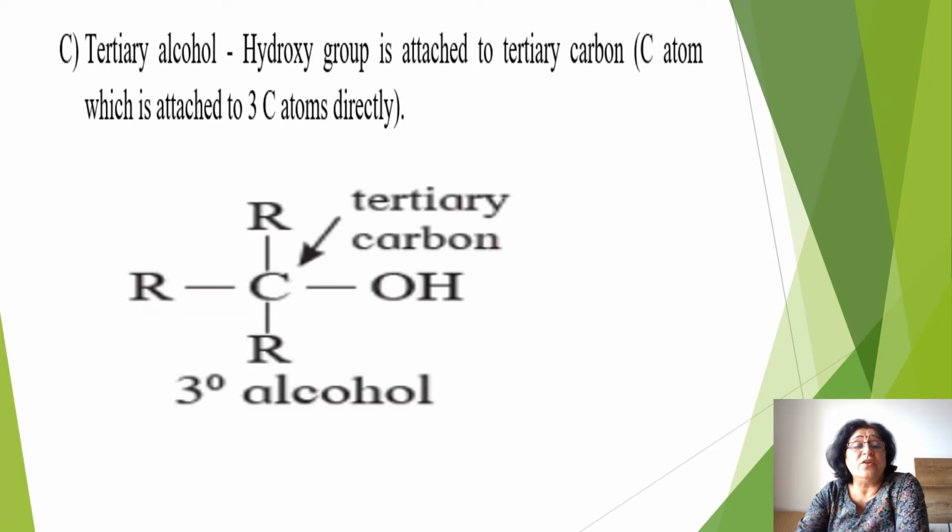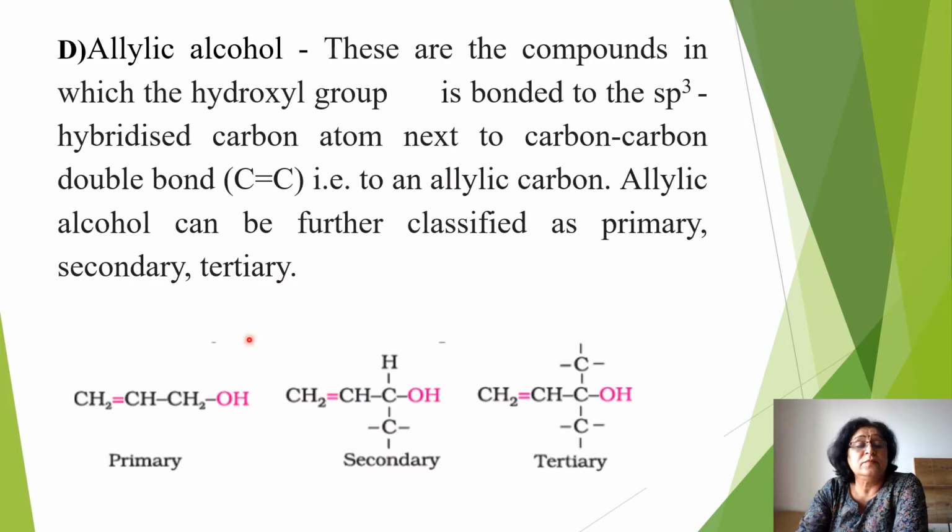Then tertiary alcohol. When the hydroxyl group is attached to the tertiary carbon, that means the carbon which is attached to three alkyl groups is called tertiary carbon. So this is a 3-degree alcohol. Example, tertiary alcohol. Now allylic alcohol: these are the compounds in which the OH group is attached to the sp3